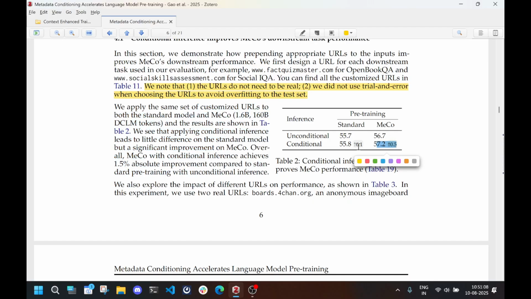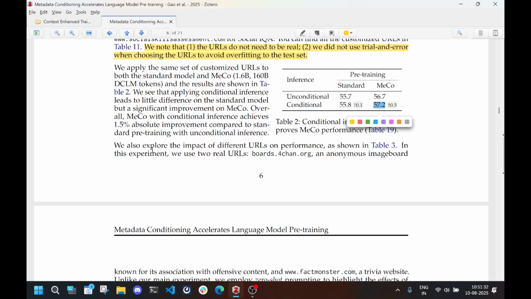Okay, so when you're doing conditional inference on the standard model, you get a 0.1 improvement. When you're doing this conditional for Miko, you get a 0.5 point improvement, and you get a 1.5% improvement between what? I think between this and this. Okay. We also explore